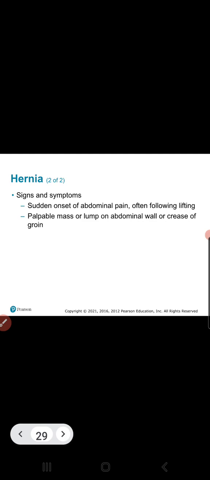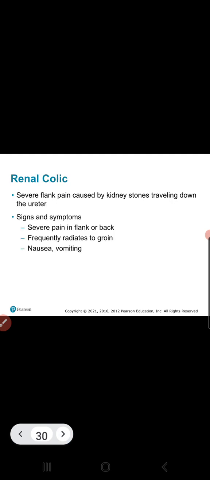All right, so signs and symptoms. Sudden onset of abdominal pain, often following lifting. Palpable mass or lump in abdominal wall or crease of groin. And it's definitely noticeable when somebody has that. Weirdly enough, in the groin too. I know it seems weird, but